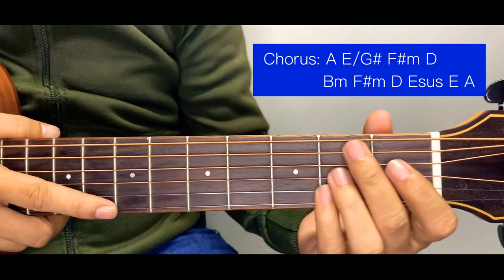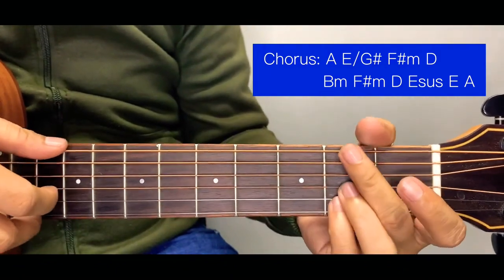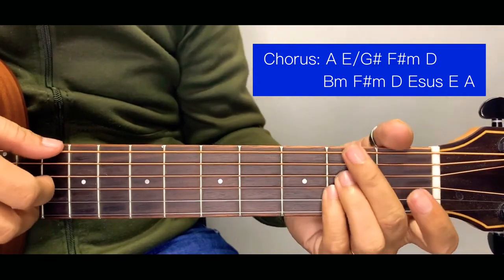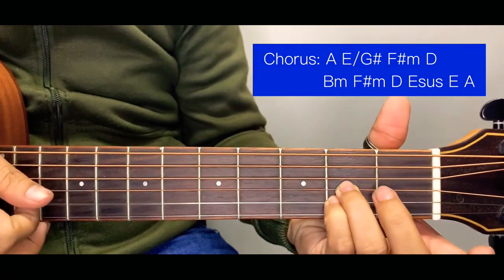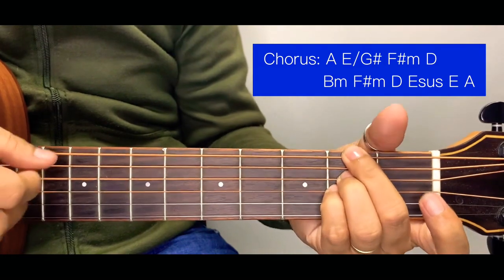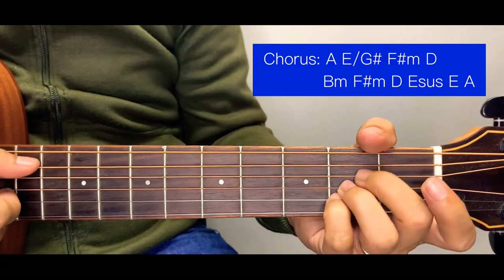So if you notice, guys, for F sharp minor we use another version of F sharp minor. So for intro we use this one, but for chorus this is more appropriate. Just move these 2 fingers from here to its top string. Okay, I'm going to have this. So again, for chorus,